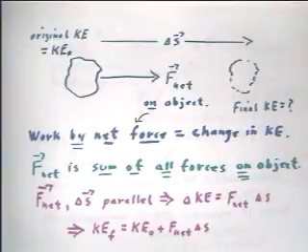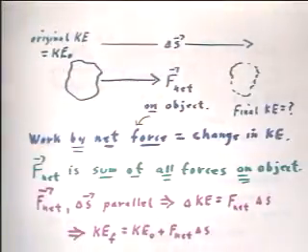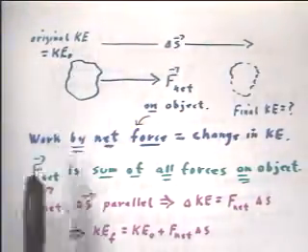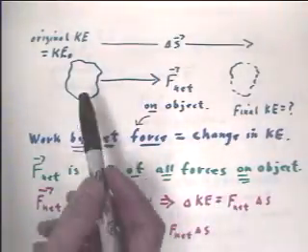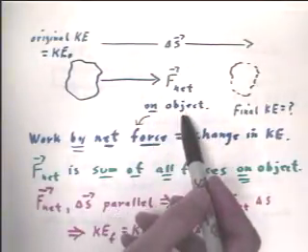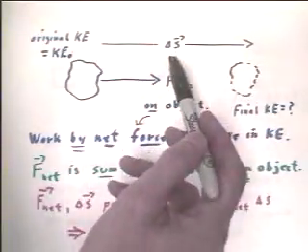Now we're going to get into the definition of kinetic energy. Kinetic energy is what we call energy of motion. And we got this theorem that says that if we have an object with a net force F net acting on the object, and the object moves through a distance or a displacement delta S,